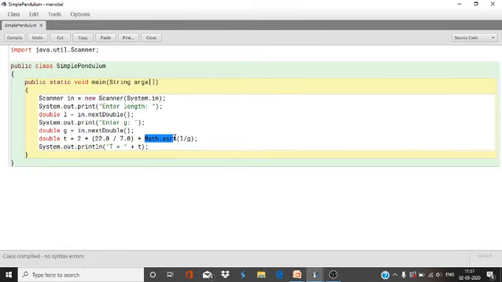I will explain Math.sqrt in the coming chapters, and all the mathematical libraries I will explain about this. Now I will compile this.